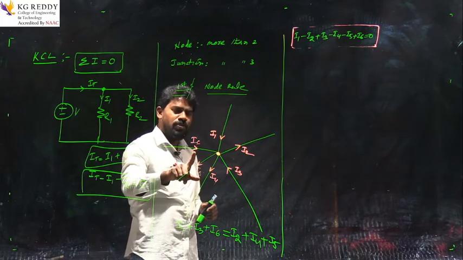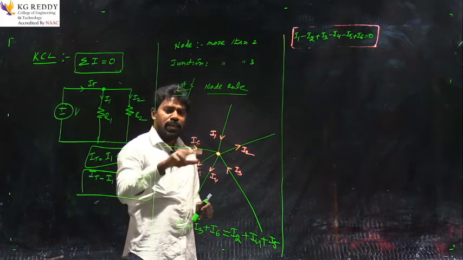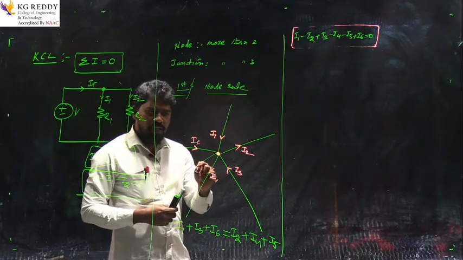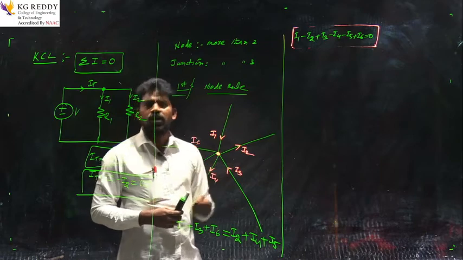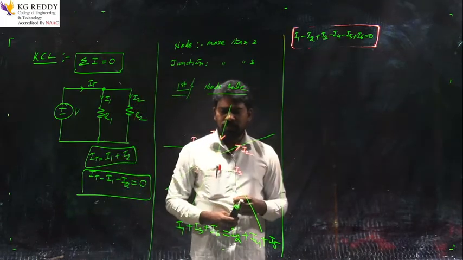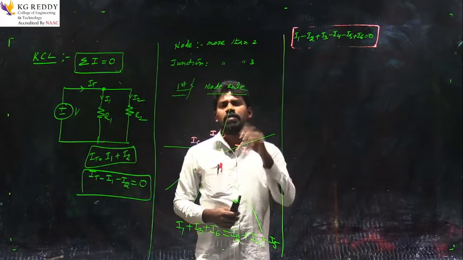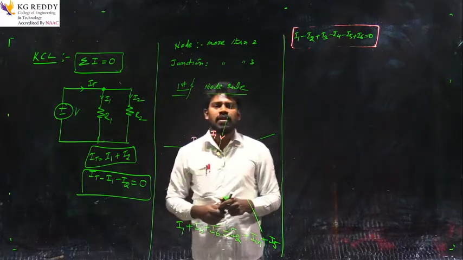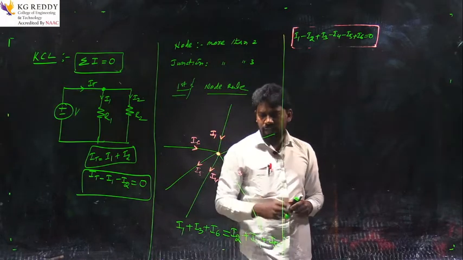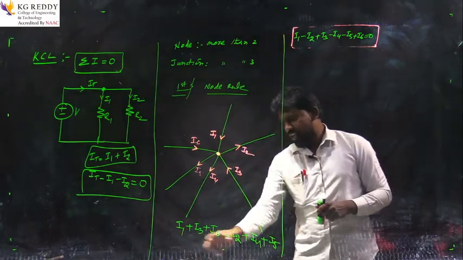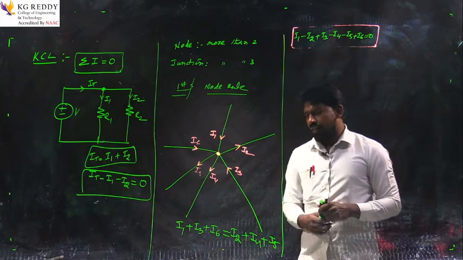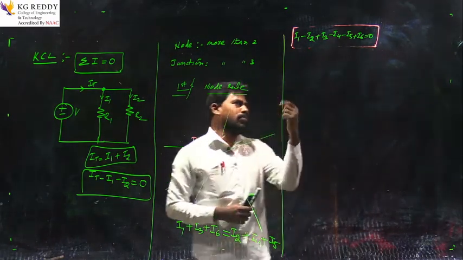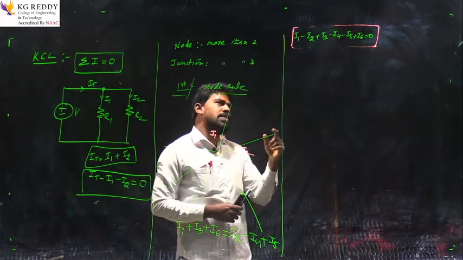So first we have to assign the current direction, then observe what currents are entering the node and what currents are leaving the node. Then only can we easily write the current equation by using Kirchhoff current law. Is it clear? These are the currents entering and these are the currents leaving. Finally we got this equation: I1 minus I2 plus I3 minus I4 minus I5 plus I6 is equal to